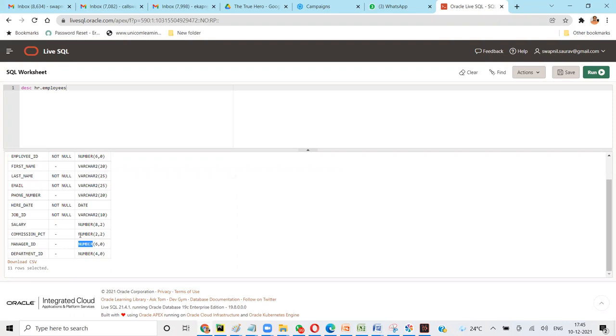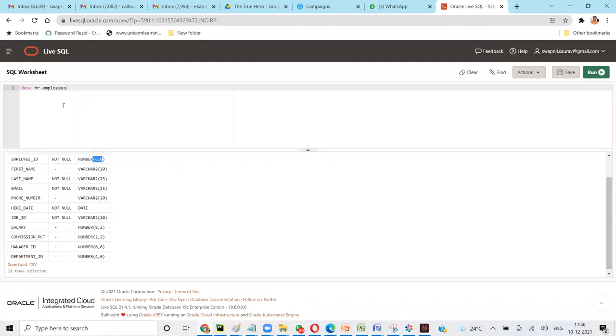Job ID is varchar, but manager ID is a number. So when it is a number, can we put a text there? No, we cannot put text there, right? I thought ID is a string, but ID is a number. So we can only put a number here.